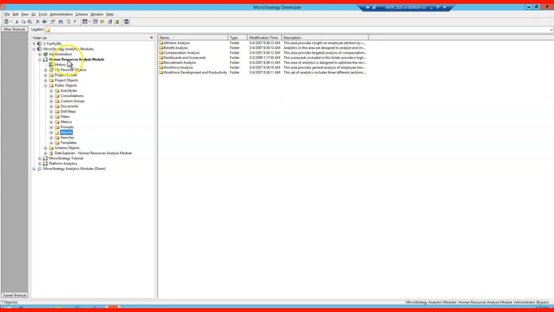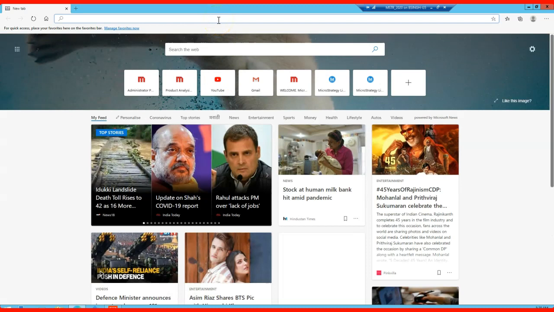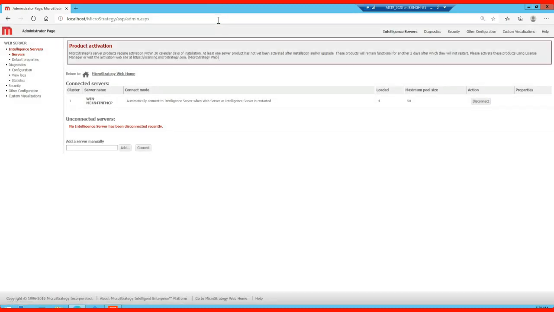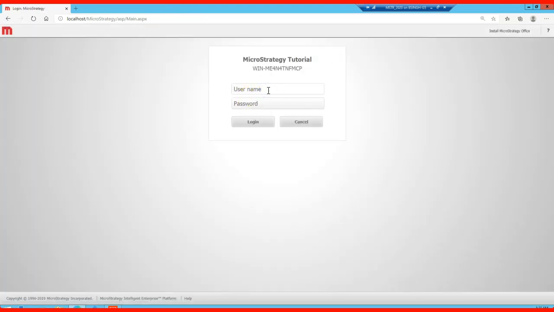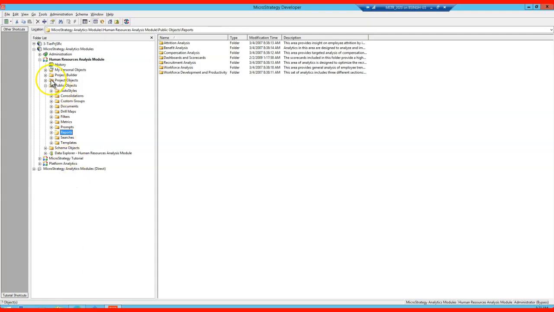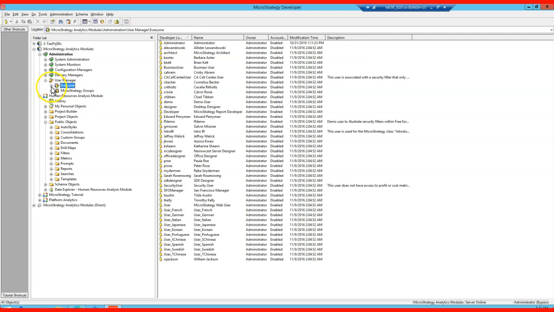And we have also changed one more setting for the user connection. Currently I'm logged in with the administrator. So let's go open my web console to access the administrator. Let me see if I can log in with some other user as well or not. Let me see if I have created the user or not. So go to user manager, everyone, ff demo.